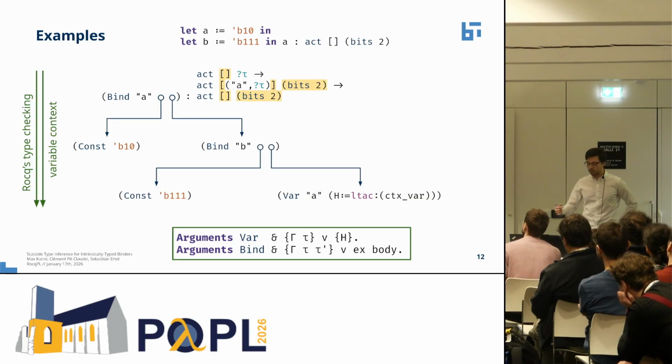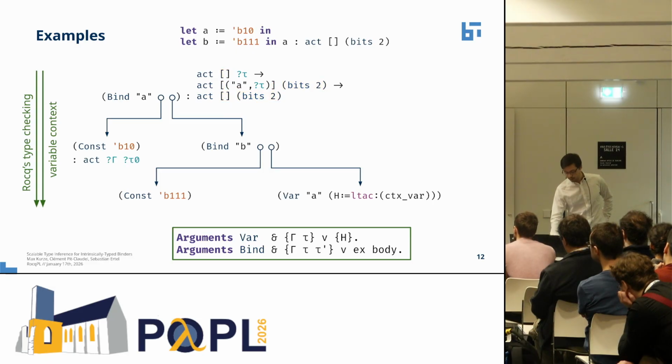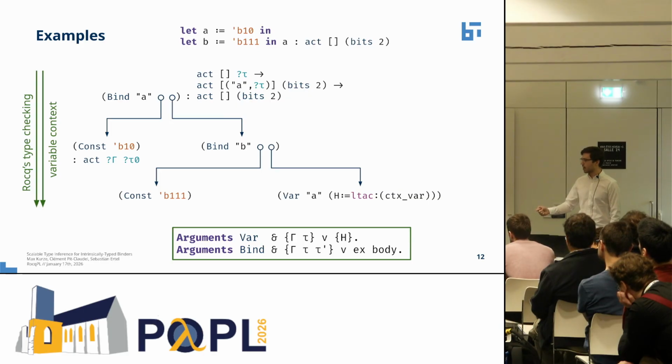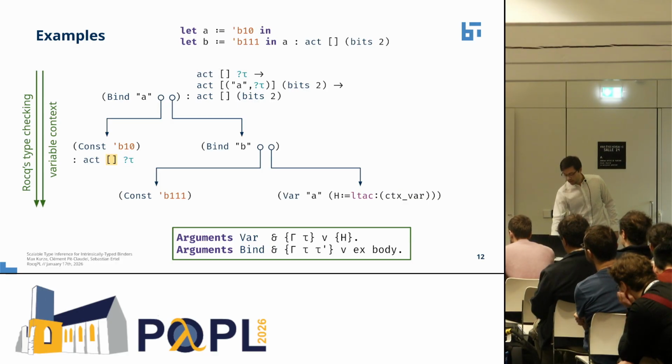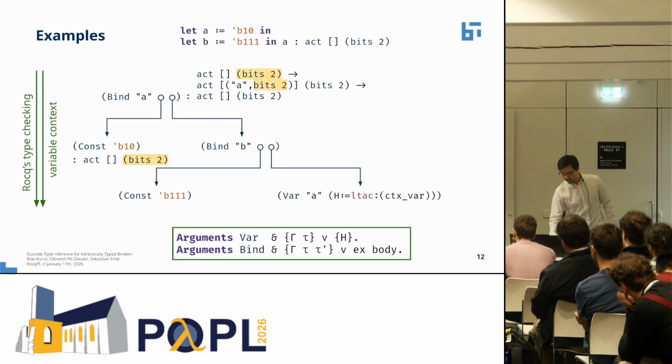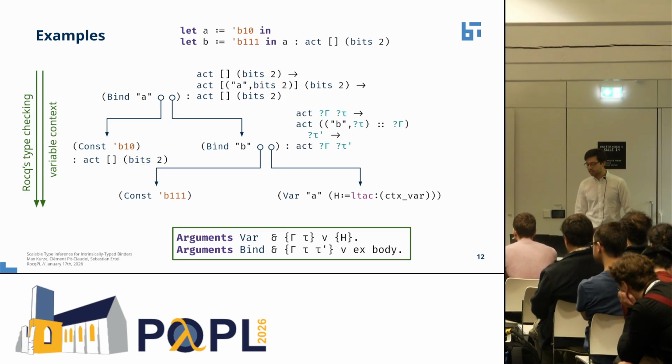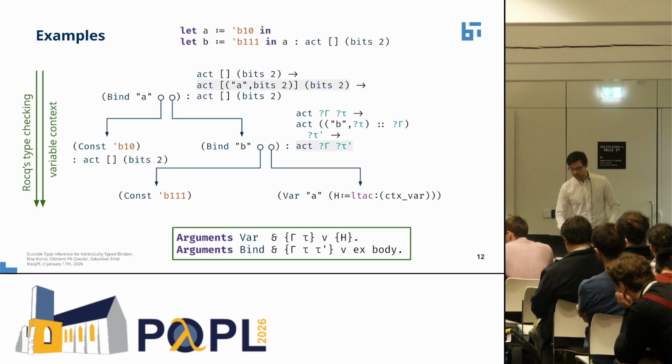And only afterwards, we will actually traverse into the first subterm, where again the same thing happens. We will not directly infer the type of this term, but we will first have to unify with the expectation. Right? So we basically propagate the variable context and only then the type inference happens. Same thing for the second subterm, so the inner bind will also first hit the bidirectionality